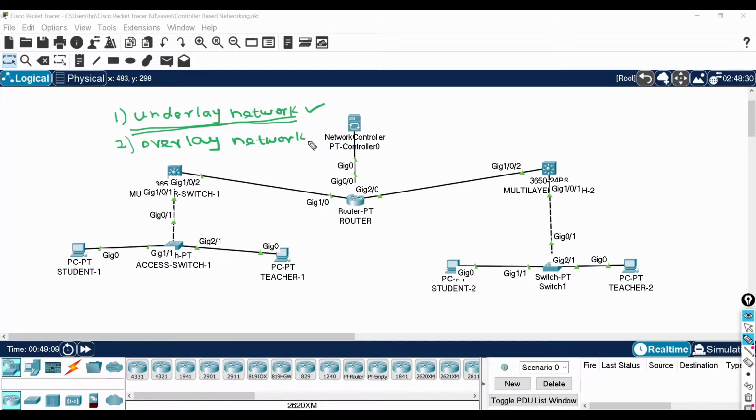For example, see this network excluding the controller. It is a normal, usual network with traditional devices: switches, routers, and endpoints. I have used normal routing between the layer 3 devices, and layer 2 access switches and the endpoints.